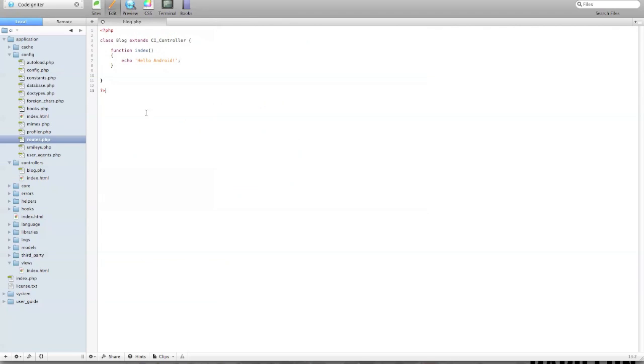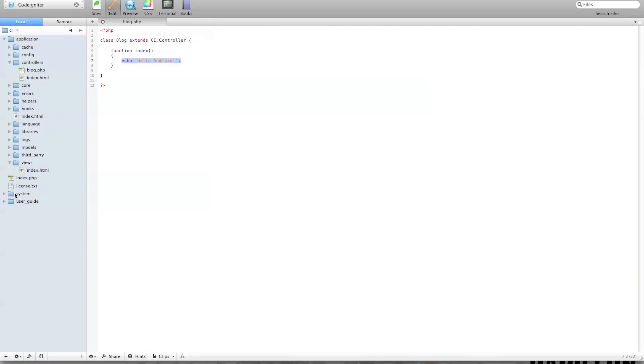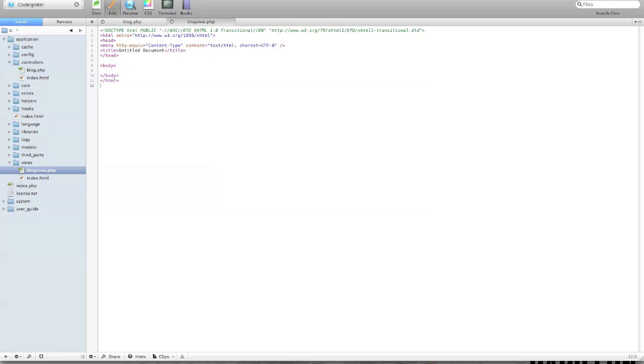Everything's good there. Now what we're going to do is pass through some dynamic data. Before I get too far ahead of myself here, I'm going to close up config. We don't need that right now, and we're going to go under views, and we're going to create a new file called blogview.php, and we're going to paste in some code. All right. Now we're going to go over here, and we got a